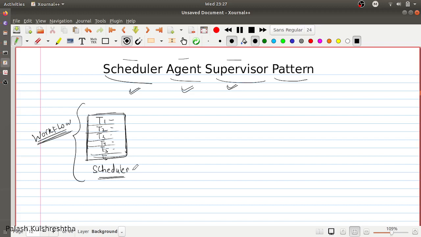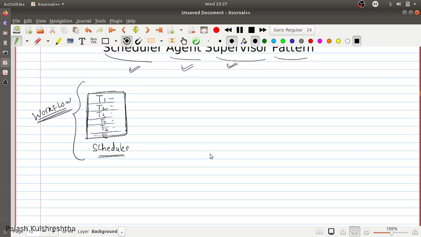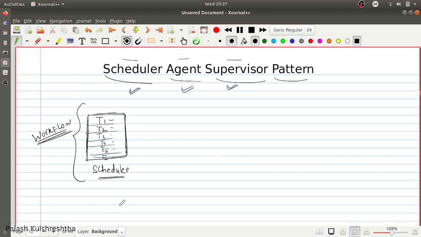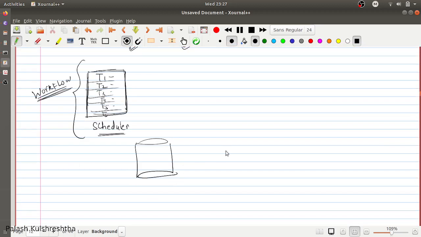Now, to maintain the state for high availability and fault tolerance, you are going to maintain the state of each task in a workflow. So for an order ID or a workflow ID, you are going to maintain which task has been done and what its status is. This is the state store.